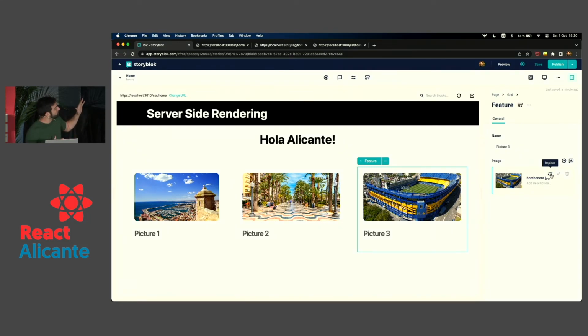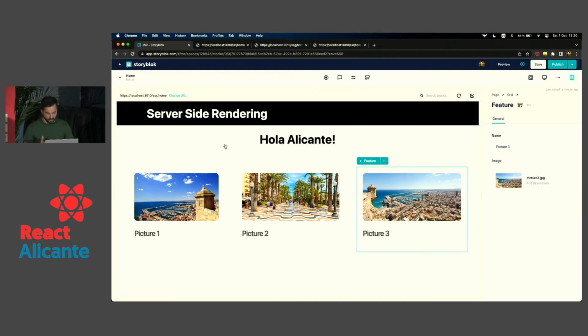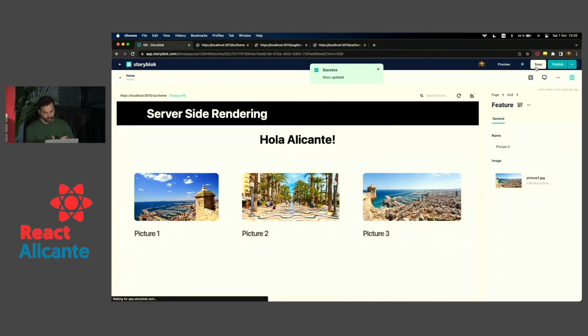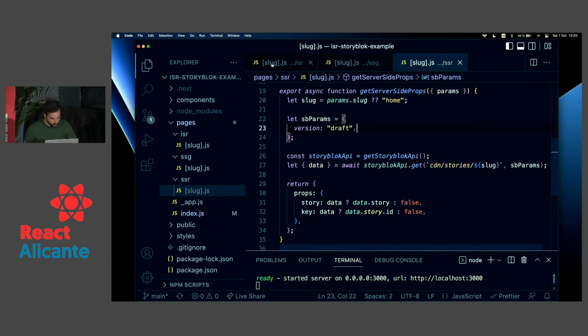I won't go super deep into that because Arisa, my colleague, did a great job explaining before what Storyblok is and how it works. But here we have the visual editor of Storyblok. I want to change the content that I'm sharing with the users. I will pick a picture from Alicante, a real picture from Alicante, and I will publish it. After I change the content that is being consumed through an API from my code, I will show you the code